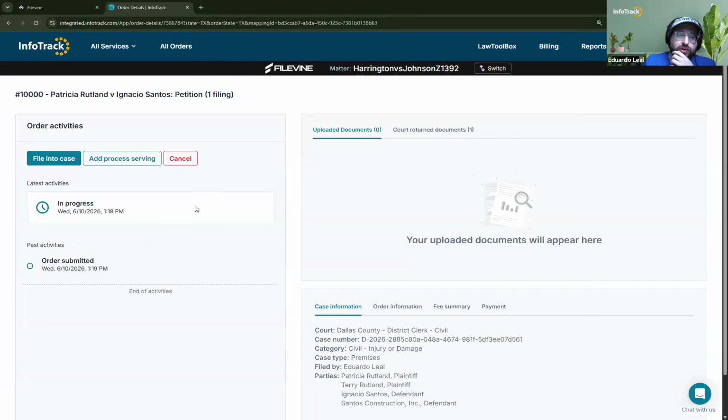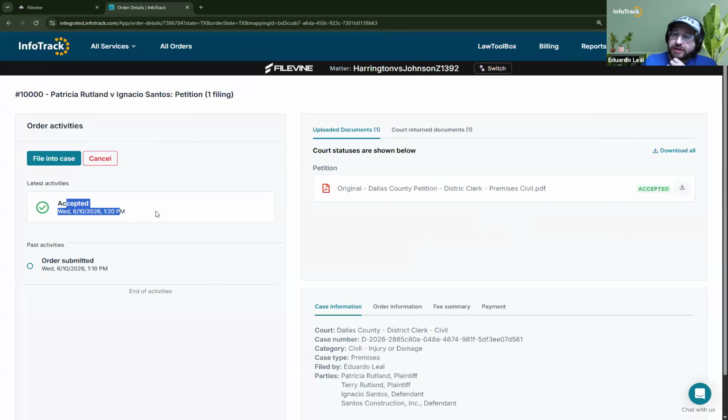Now, for this particular order, we are in a demo environment. So unlike reality, you will notice that this court is extremely fast and it will reply immediately, and we will have the filing returned to us accepted in a matter of seconds. So now it's accepted by the court in this demo environment, and you will be able to see within InfoTrack